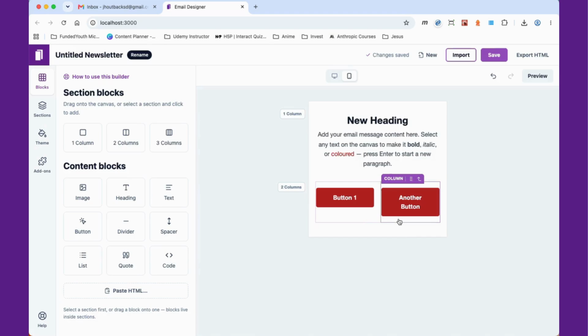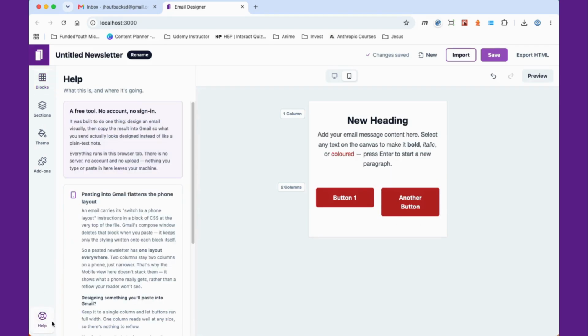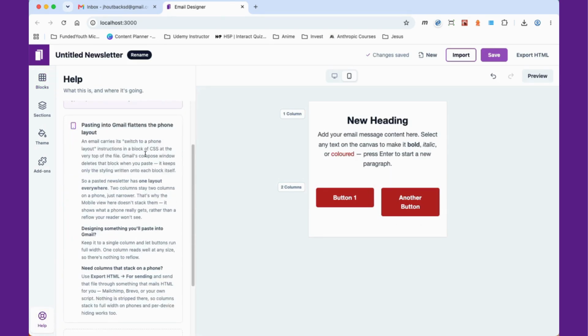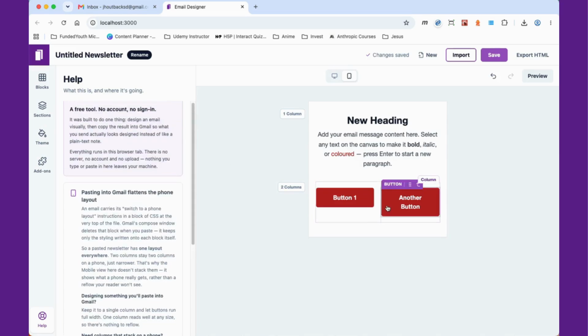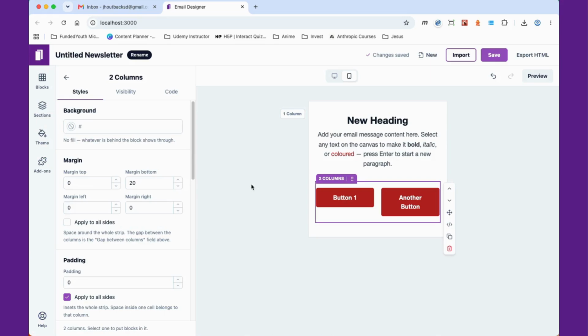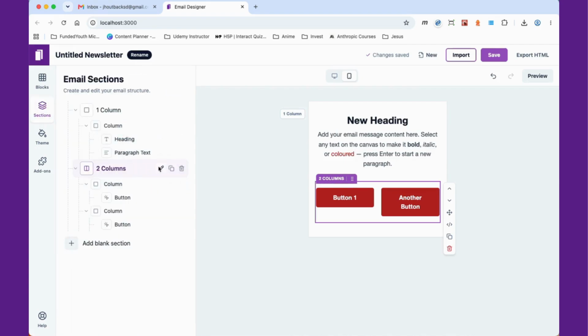That's one of the few limitations. You can find more about that by clicking on the help section, and it explains why this happens. Now, notice each of these is a column, and within the columns there are the buttons. Within the columns themselves there is a section. To get to these nested points, to move things around, the best way to do that is to click on these sections over here,